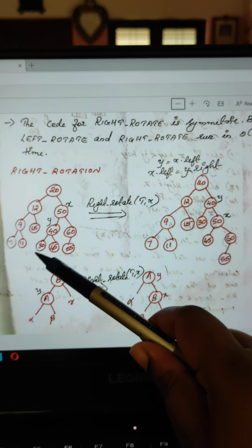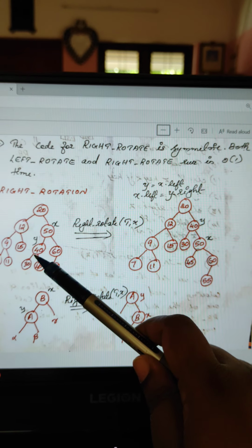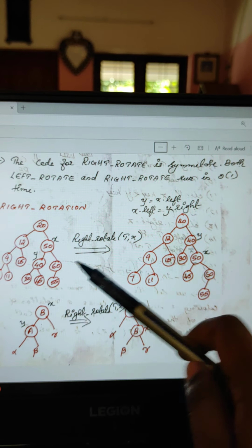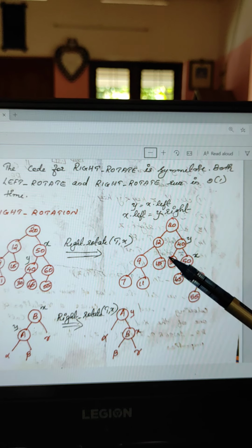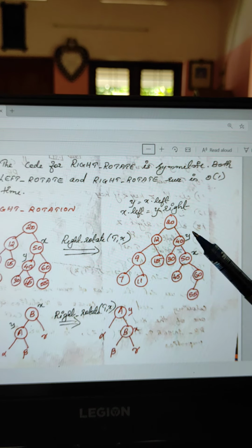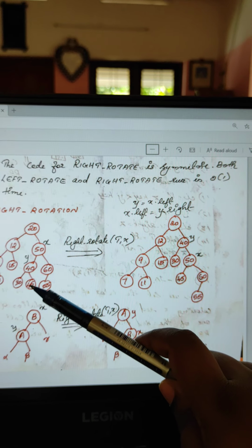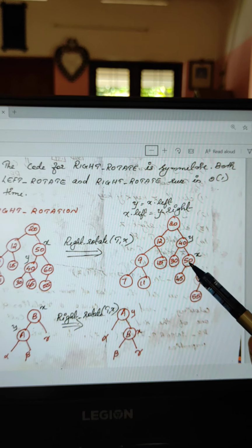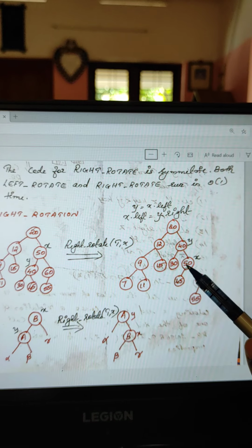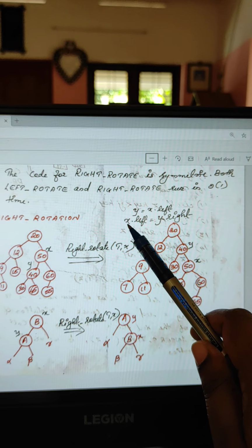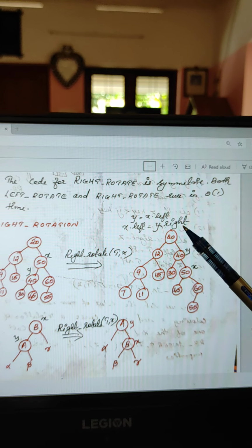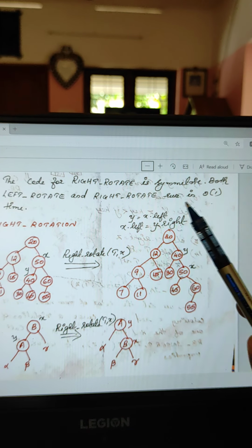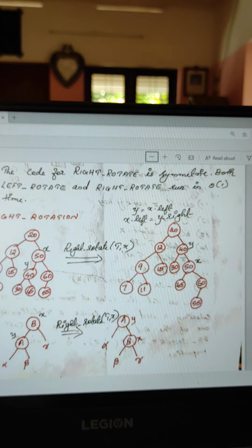That is, if y has a right node, then it will be the left node of x. Symmetric, the opposite of left rotation. If y had a left node, it would be the right node of x in left rotation. That is happening here: x.left equals y.right. Okay, same as left rotation.